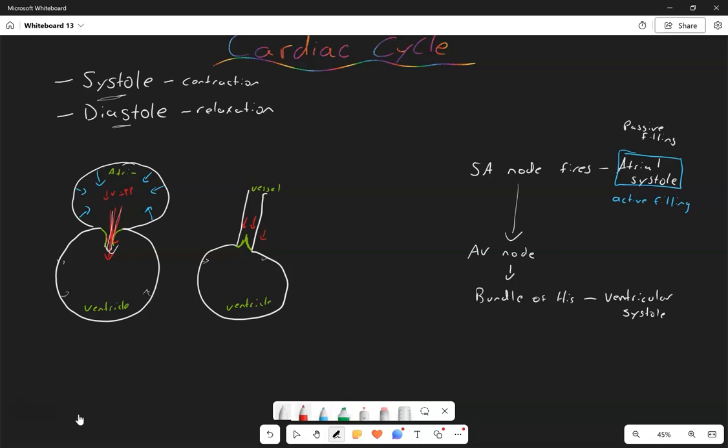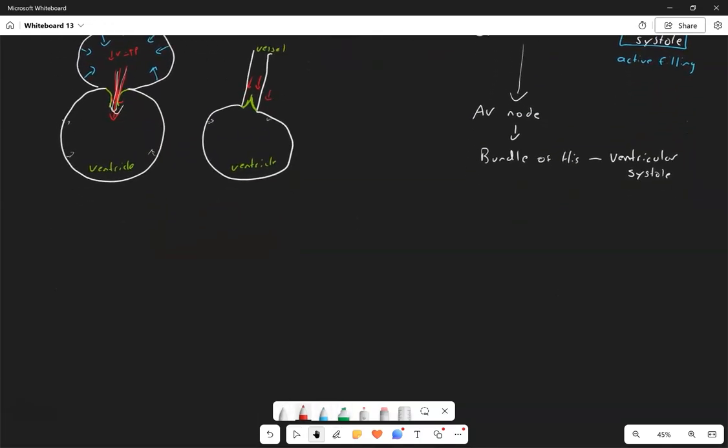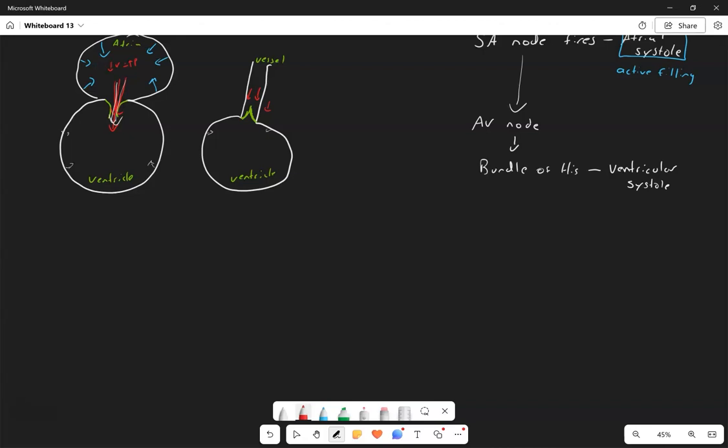So what's going to happen during ventricular systole is that this ventricle here, let's do this in purple, is going to start to contract. This one too, it's really the same thing. That ventricle contracts. So when that ventricle starts to contract and we enter ventricular systole, what's going to